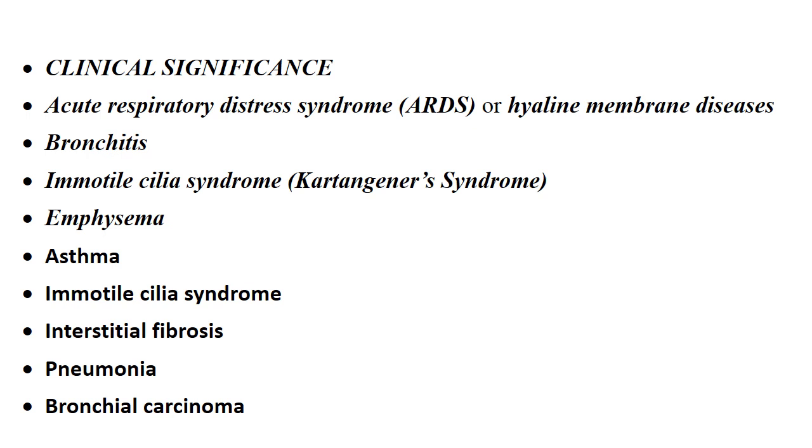And then interstitial fibrosis. There is increased production of collagen and elastin by fibroblasts, and diffuse changes occur throughout the lung parenchyma, and it results in progressive hypoxia and breathlessness. Then pneumonia is inflammation of the lung alveoli. It may be caused by microorganisms or allergens or toxins or drugs. In lobar pneumonia, mainly, the bacteria proliferate to all the alveoli through the alveolar pores, and cellular exudates fill the alveolar cavities.